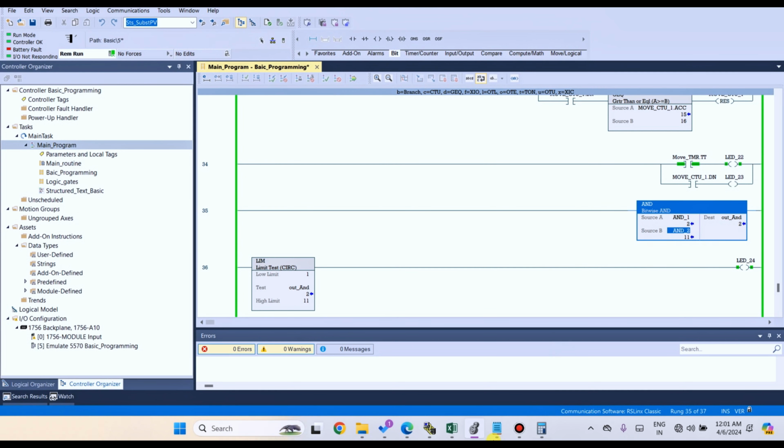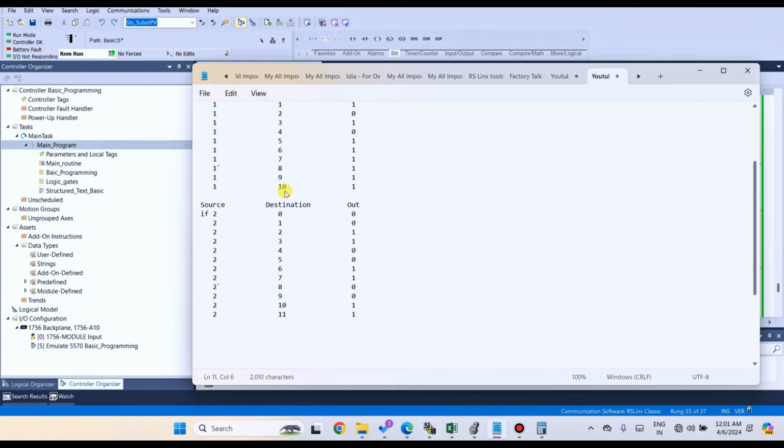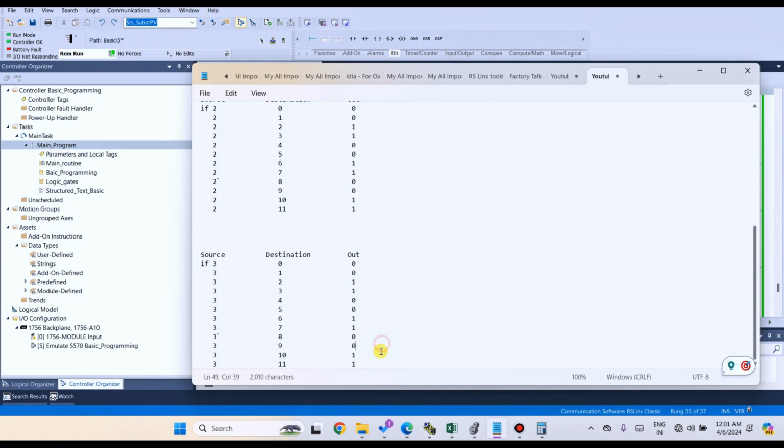Let's see the next example. This is a table created by myself.